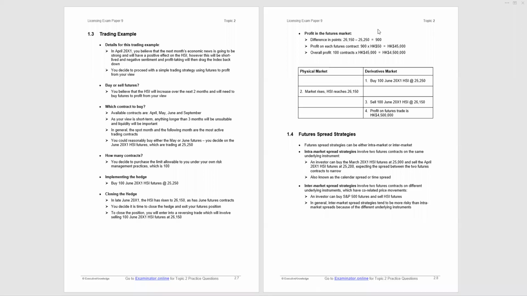Continuing topic 2, paper 9, covering generic derivative products. We now look at paragraph 1.4, and that considers futures spread strategies. Now, a futures spread strategy, as it says, can either be intra-market or inter-market. Intra-market, that is, you buy and sell futures in the same market, and obviously intermarket, buy and sell futures in